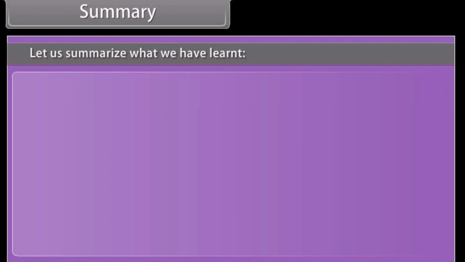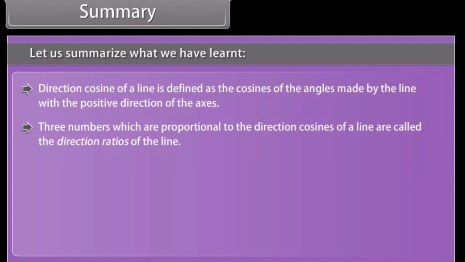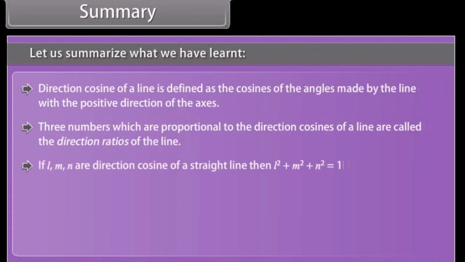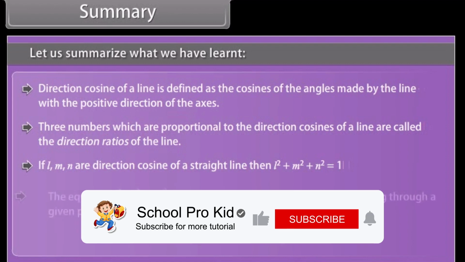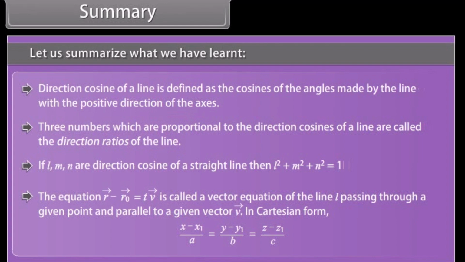Summary. Let us summarize what we have learned. Direction cosine of a line is defined as the cosines of the angles made by the line with the positive direction of the axes. Three numbers which are proportional to the direction cosines of a line are called the direction ratios of the line. If l, m, n are the direction cosines of a straight line, then the equation is called a vector equation of the line passing through a given point and parallel to a given vector. In Cartesian form,